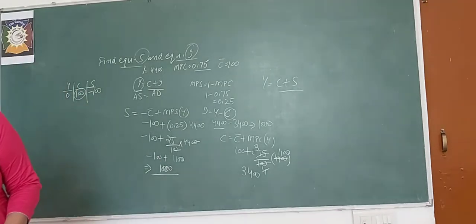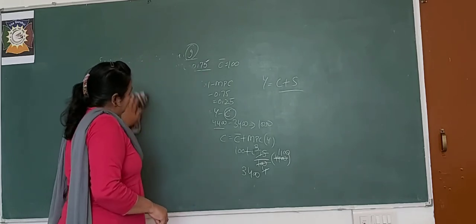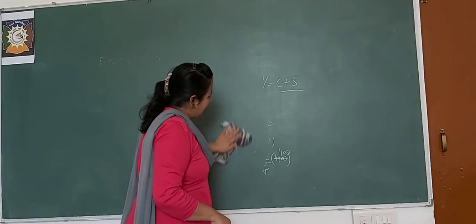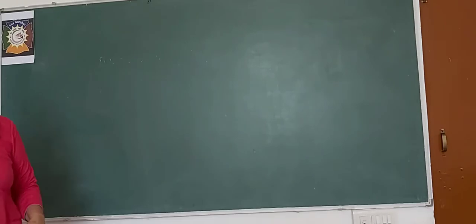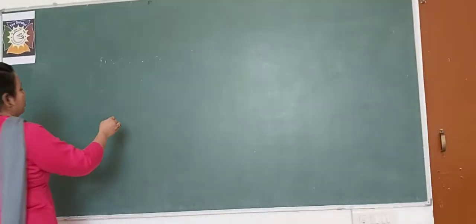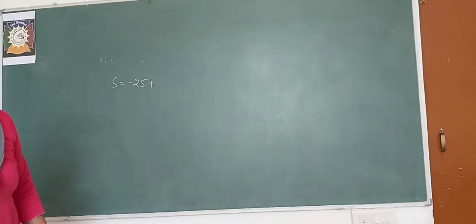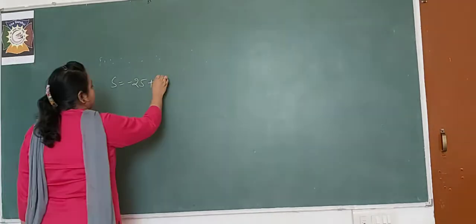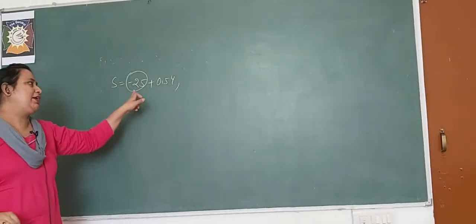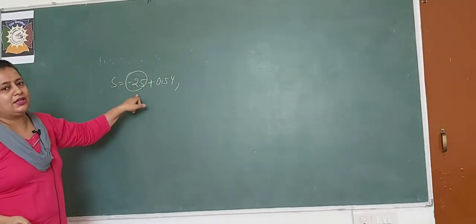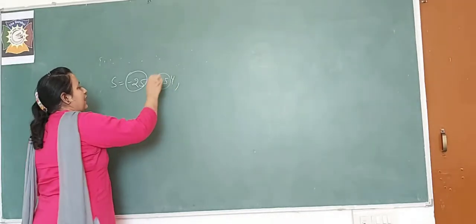Next question I have, given that S means S line you have to given. Equation of S line is minus C bar plus MPS into Y. But here statement is given, S is equal to minus 25 plus, what I have to given? 0.5y. It means this is negative saving. When income level is 0, some consumption will be there, savings will be negative because you will withdraw from your past savings.